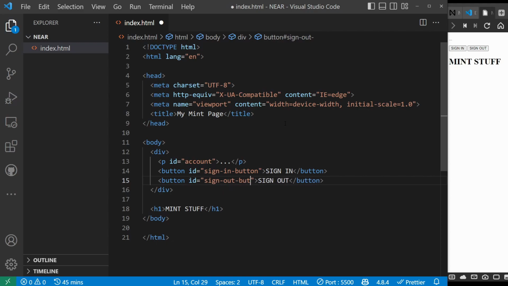Like so. And I kind of want them all on the same line. So I'm going to do kind of naughty stuff here just to keep everything together,